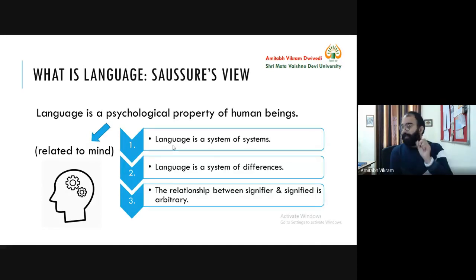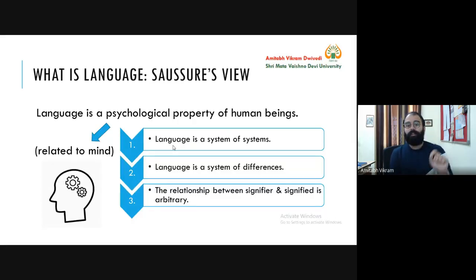But here, in most of the cases, in all the languages, the relationship between signifier and signified is arbitrary. There is no one-to-one relationship. This is the meaning of this third statement. The relationship between signifier and signified is arbitrary. Now, these three statements are quite important, not only because they deal with the philosophy of linguistics, but